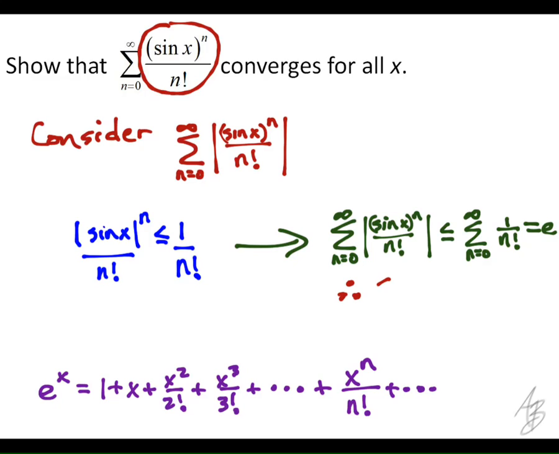So we say therefore this series, and I'm actually going to write it without the absolute values, but I'm going to use a term here that means that it works with the absolute values. So this series right here converges what? Absolutely. So it converges absolutely